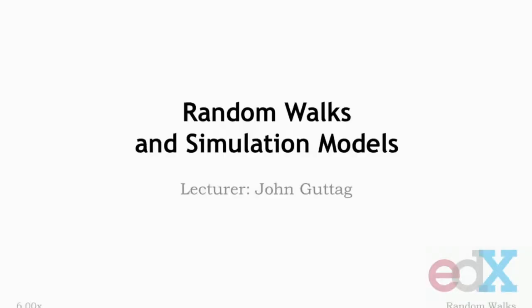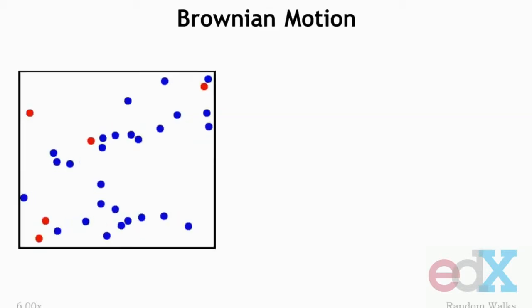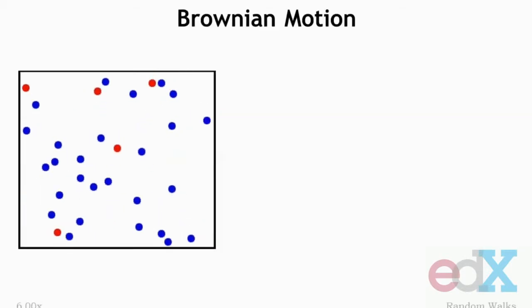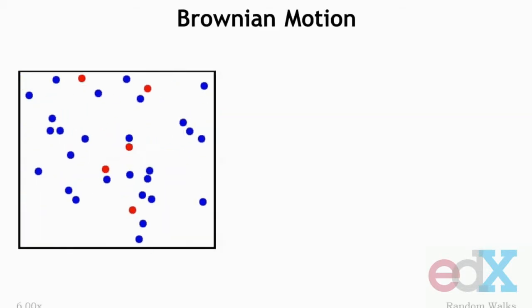In the last segment, we talked about simulation models in enormous generality. Today I want to get more specific and look at an example of how a simulation model can be built and get some practice in designing classes along the way. So let's start by looking at the notion of Brownian motion, as shown by these red and blue dots moving